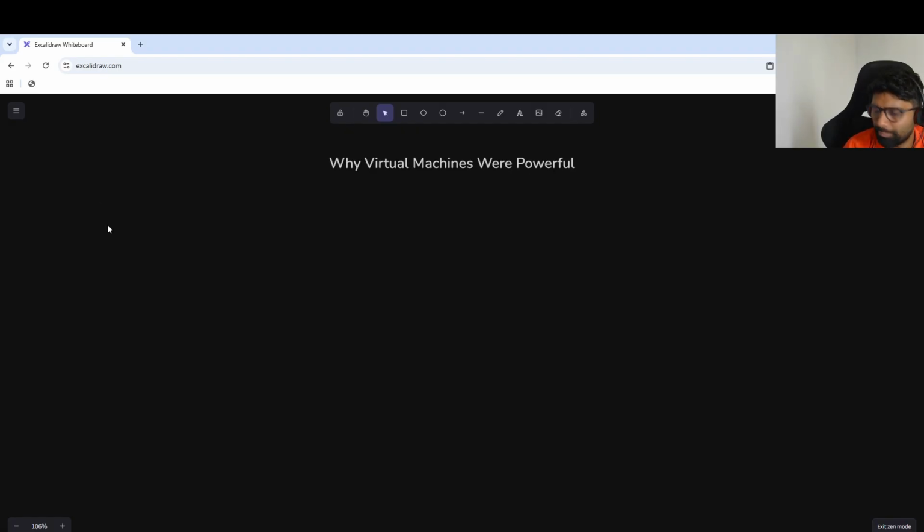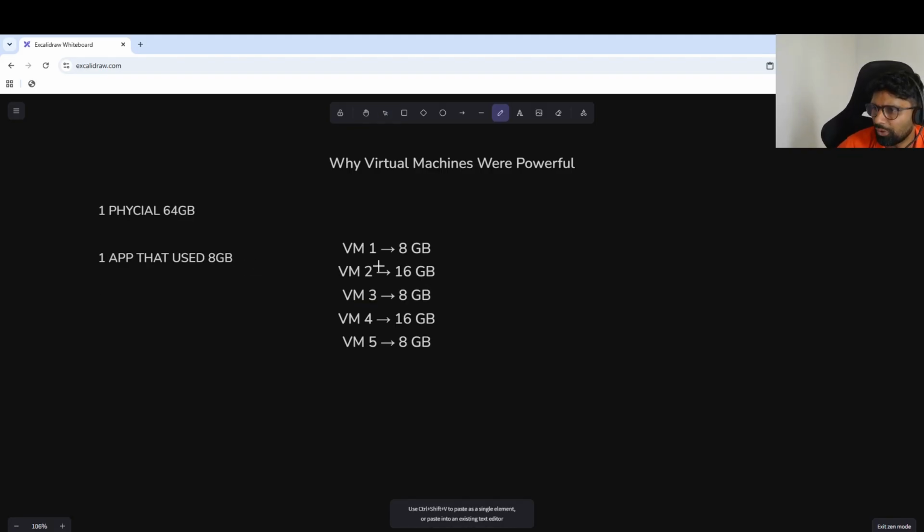Why were virtual machines powerful? Let's say one physical server had 64 gigabytes of memory. Instead of running one application that used 8 gigabytes, now we could create something like this: VM1 will use 8 gigabytes, VM2 will use 16, VM3 will use 8 gigabytes once again, VM4 and VM5, and so on. This gave companies better hardware utilization, the problem I was discussing in the beginning.